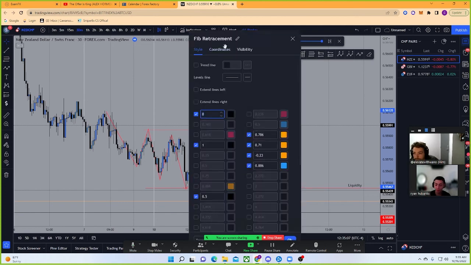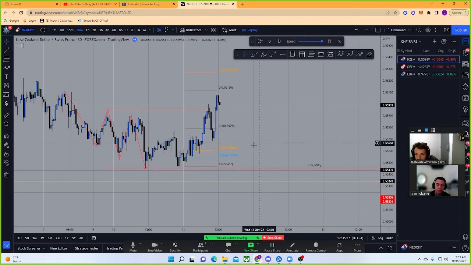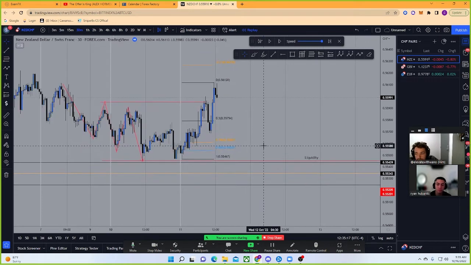That's how we can identify our premium area of entry. Really looking at this, we're going to turn off this 7.1, because we're going to get real sniper today, getting into the 786 and 886 area. We're looking for some type of, how can I say this,